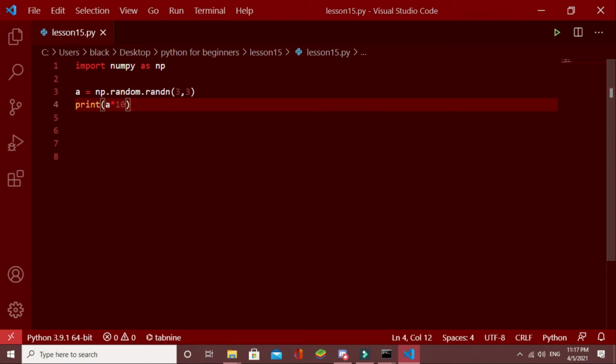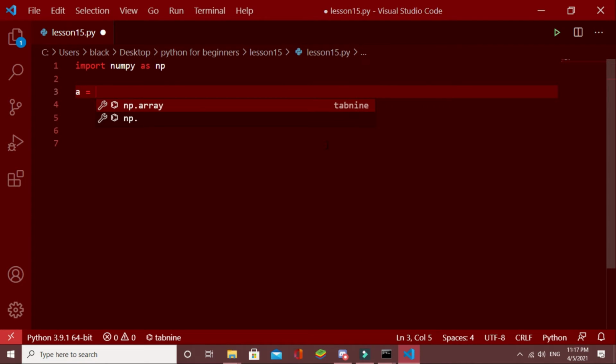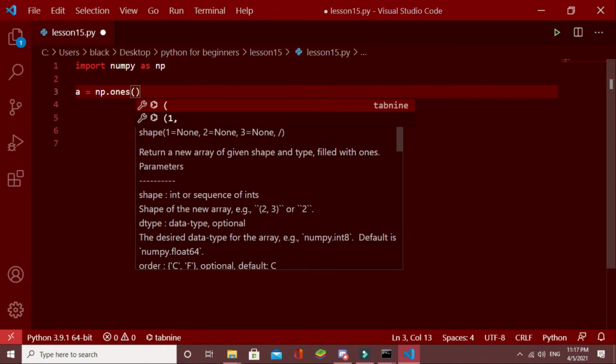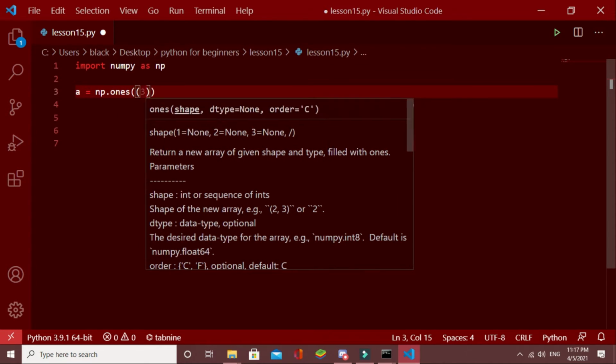First I will create two 3 by 3 matrices. First one is A, in np.ones, then inside that I will give 3 by 3.